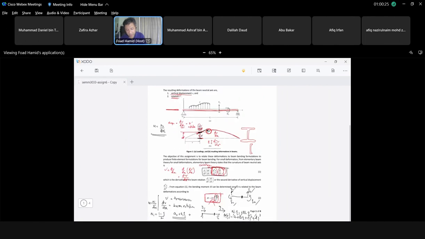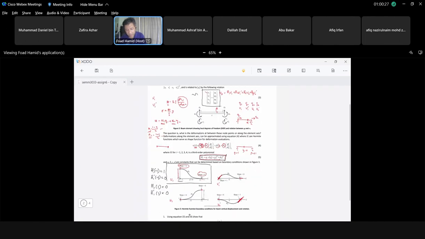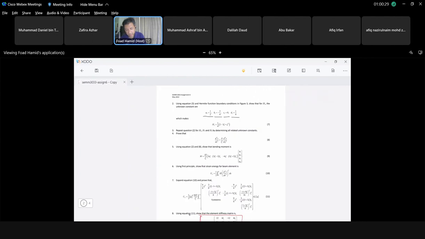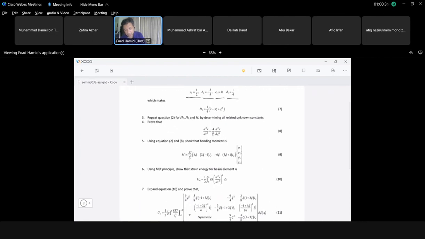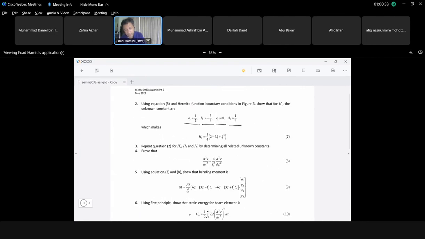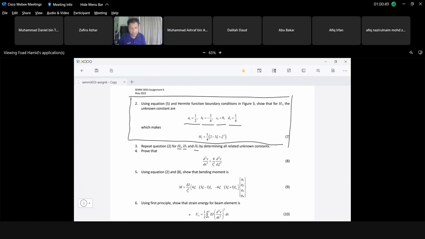Okay, so this is the one. This is what I'm trying to show you. All right, so of course, once you can do it for number 2, you can repeat for H2, H3, and H4. So that is the one. I think this part is simple. This is just if you know what is the